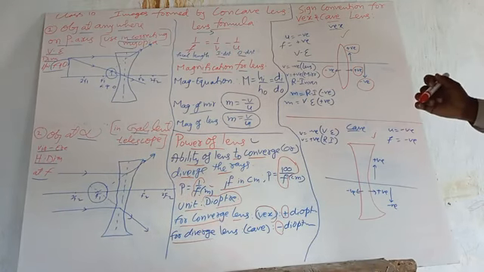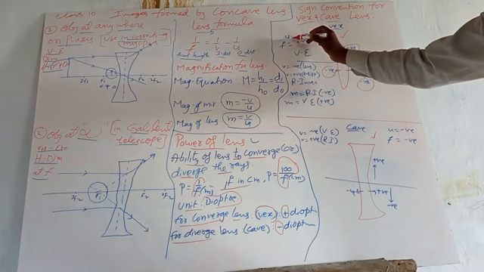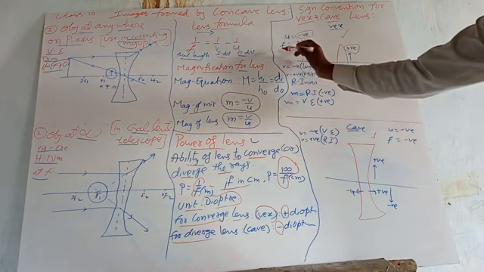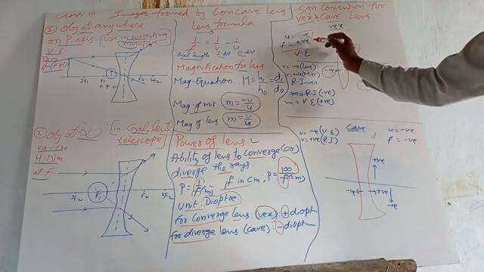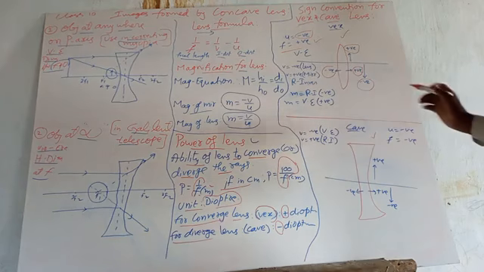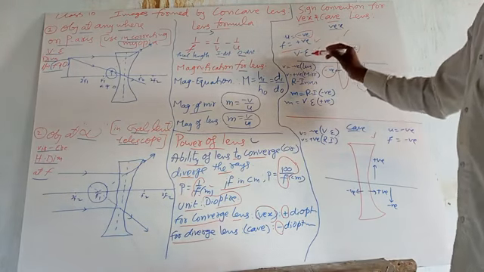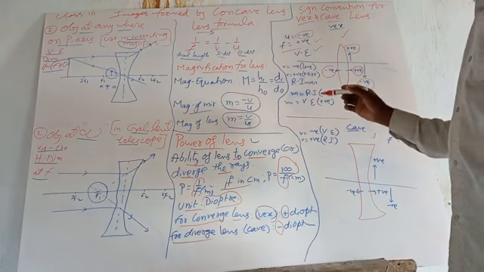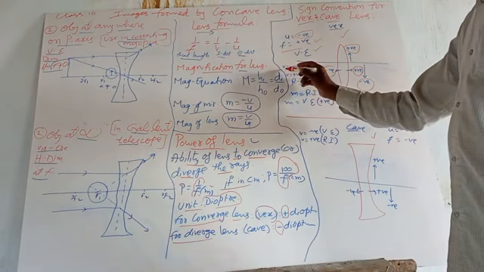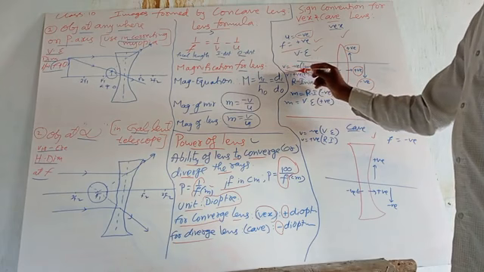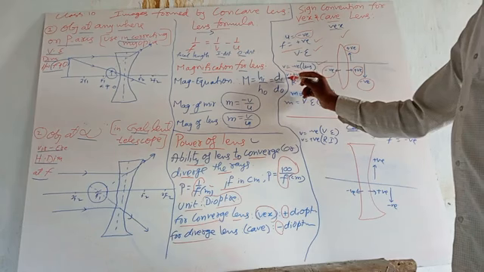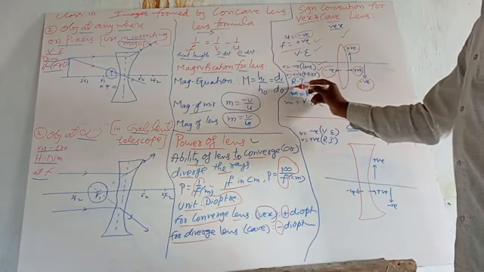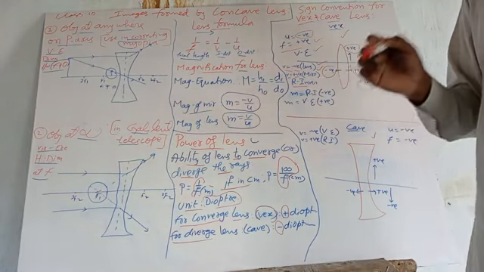And my dear student, here u is the distance of the object. u is always negative, meaning it will be on that side. Next, f, the focal length, is always positive, meaning it will form on this side. And here a virtual erect image will form. Virtual erect image. Next, what is there? Look here. Distance of image is negative for lens purpose, and distance of image is positive for mirror purpose, when you are looking at a real and inverted image.